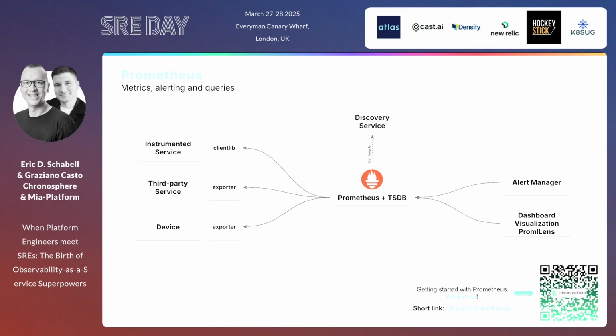You'll notice these QR codes and hard-to-read links at the bottom, but there are workshops that we put together to let you do all this stuff from the ground up and learn it as much as you can. There are about 8 or 9 labs in this one. It's a pretty complete one.